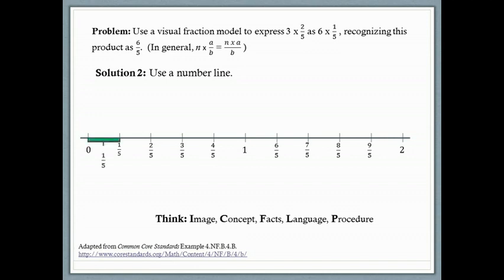So 1/5 is represented by one of these segments, one of these intervals. Therefore 2/5 is represented by 2 of those intervals, either graphically or symbolically, however you'd like to look at it. And then if we want to do 3 times 2/5, we want to replicate this 2/5 here 2 more times. And so we add 2 more 2/5 to our shaded region,